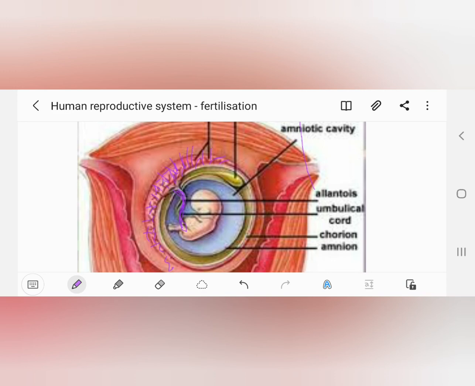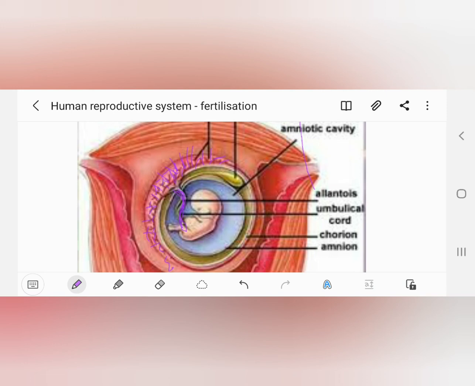Thus, fetus develops, and this development takes place with the support of the nourishment provided through placenta. Meanwhile, amniotic cavity increases, and so the other layers present around it also will be enlarged. Gradually, amniotic layer will become thin, and meanwhile the baby develops all the organs. By the end of third month, all the organs are developed, but they enlarge in size as it grows up to 280 days. The period of time which is taken by the embryo for the complete development inside the mother's womb is called gestation period.